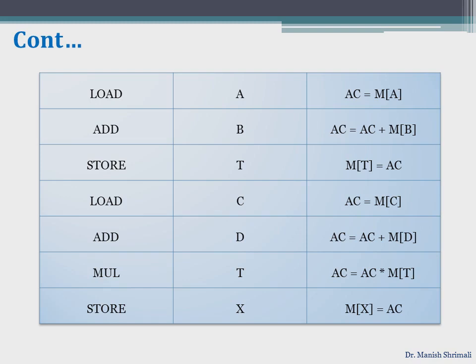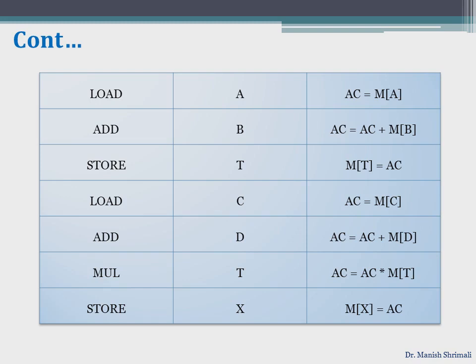And then we are adding D. So again, just like we had done in the case of A plus B, you can see that finally the accumulator now is pointing to the contents of C and the contents of D. So these two are added together and our accumulator is pointing to that.